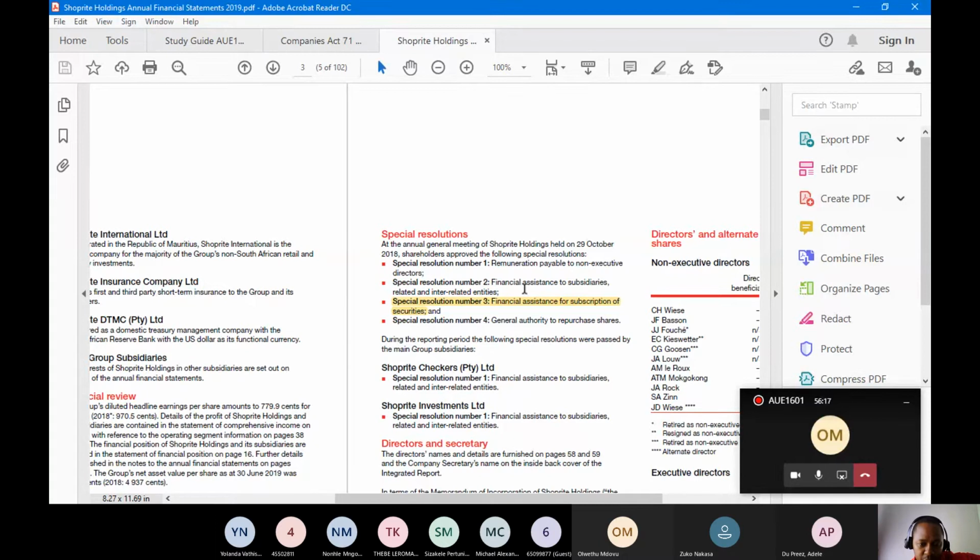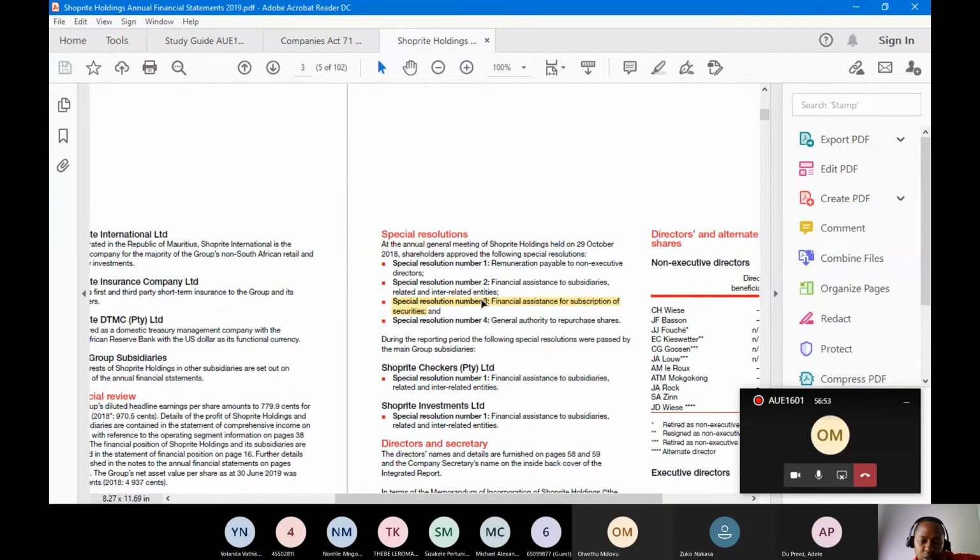Special resolution number 2, financial assistance to subsidiaries, related and interrelated entities. Special resolution number 3, financial assistance for securities. And special resolution number 4, general authority to repurchase shares. So basically what we've covered today is what would be contained in special resolutions number 2 and 3 of Shoprite Holdings. I did look through the whole annual financial statements, just to see if I would find